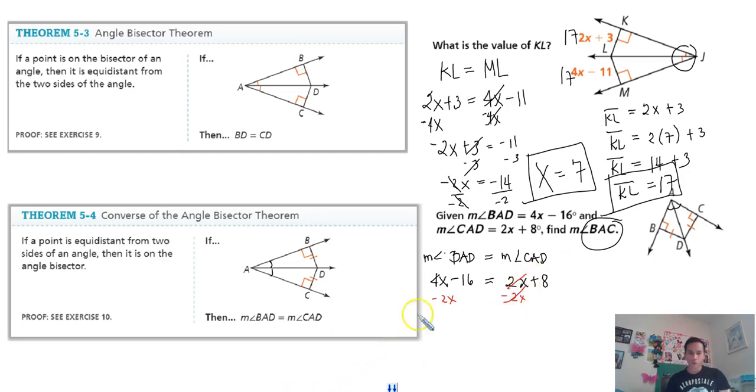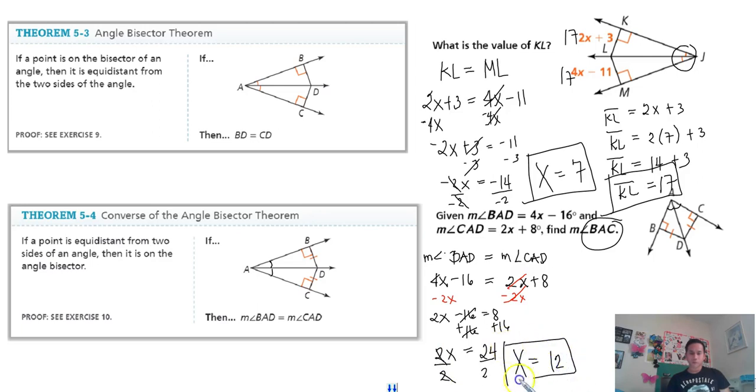So you have 2x minus 16 is equal to 8. And then I'm going to add 16 to both sides. So we have 2x is equal to 24. Then I'm going to divide both sides by 2. So x is equal to